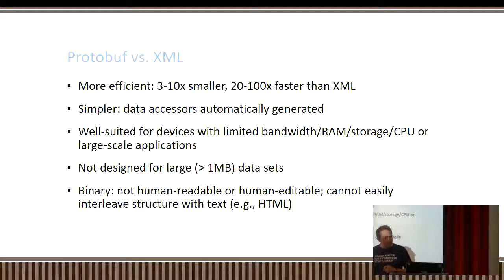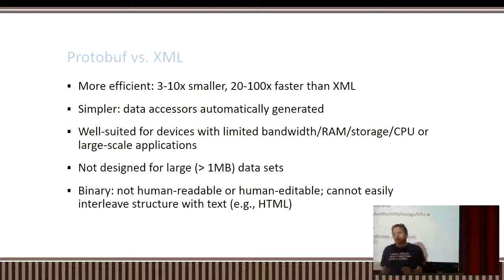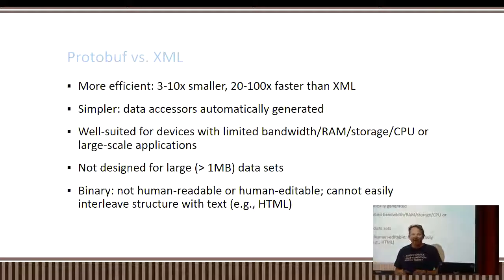If you're doing something at scale, such as the scale of Google, where you have, I don't know how many, tens of thousands, hundreds of thousands of servers, you need something that scales. I don't want to see what their bandwidth bill is, but shaving 1 byte off of every packet they send to their server, I'm sure saves them a lot of money. So compared to XML, it's 3 to 10 times smaller and 20 to 100 times faster for parsing. The data accessors are automatically generated, so